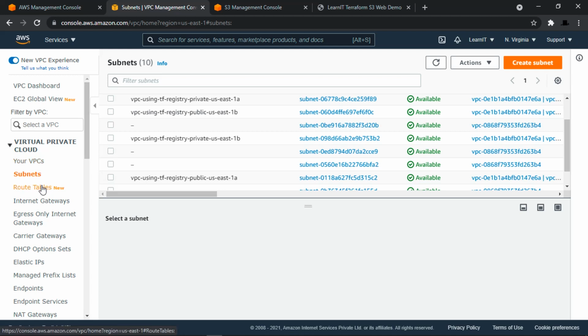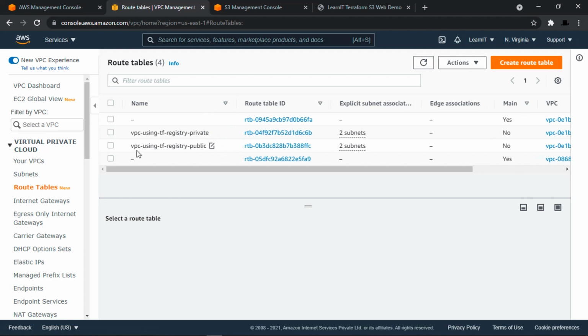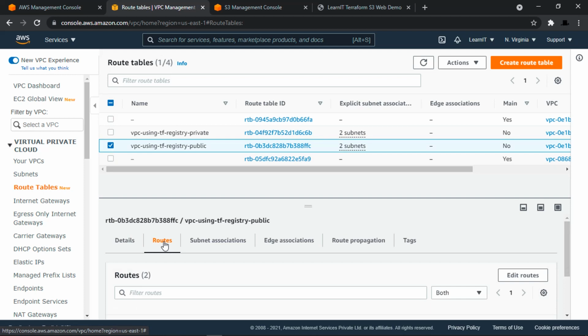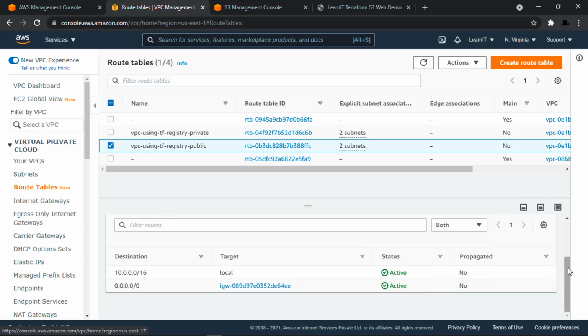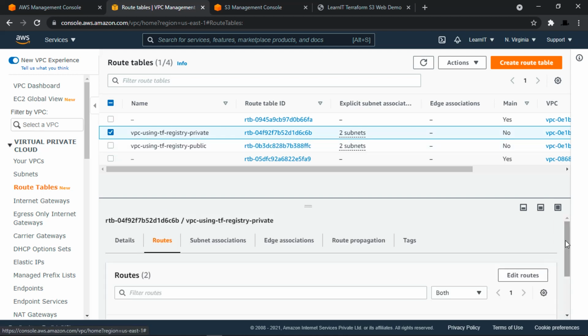If we look at the route tables, we will see public and private route tables for our subnets. And inside the public route table, we can see the route with the internet gateway, which is created internally by the AWS VPC Terraform module.